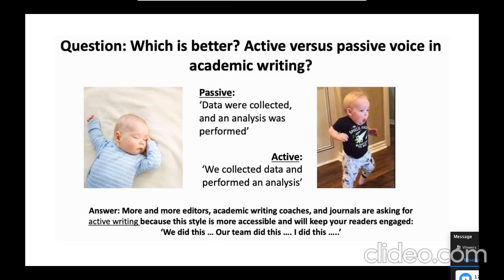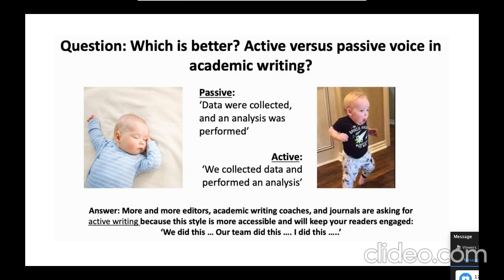And actually, one of the most common questions that we get asked in our writing workshops and in our training is, which is better, active versus passive voice in academic writing? Most people are taught, and I was taught too when I was learning English grammar as a student, that you write up experimental work using the passive voice. Data were collected and an analysis was performed. But